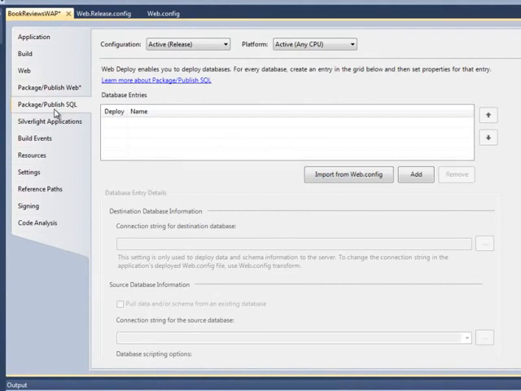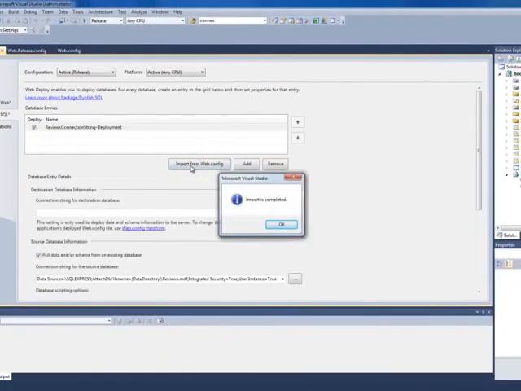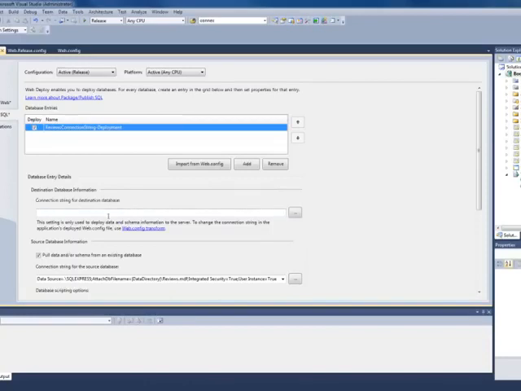So just to go over it really briefly, again, what we're doing is this tool is going to be looking into our current SQL Express database, it's going to create a script that's going to establish a schema and import the data into our production database. So the easiest way to do this is just to click import from web.config. It's just grabbing the connection string from my current web.config, which you all remember is a